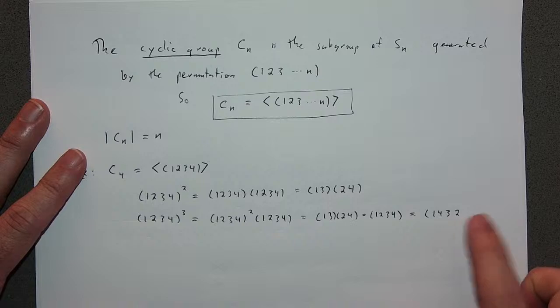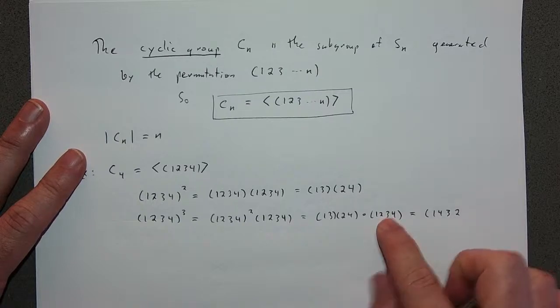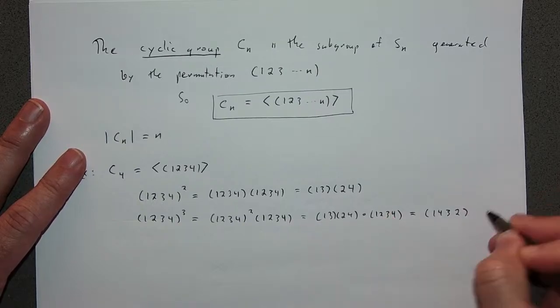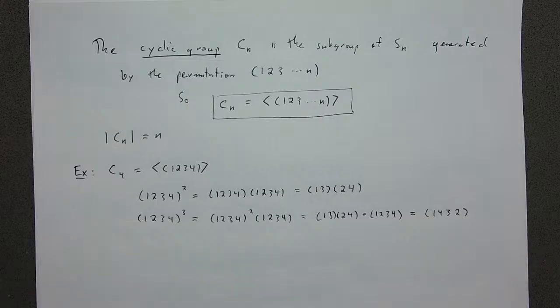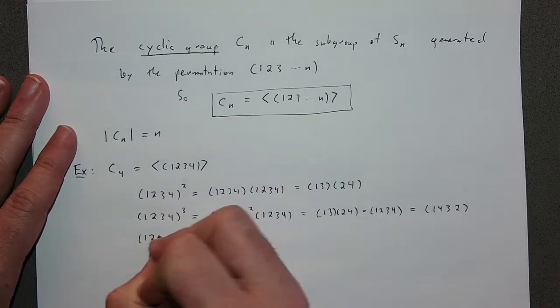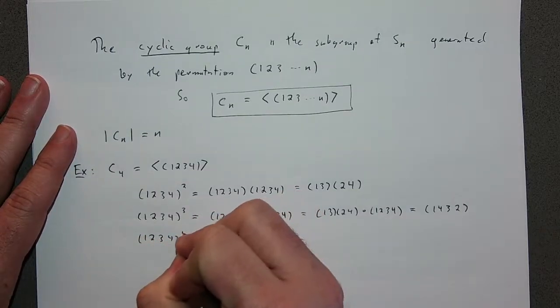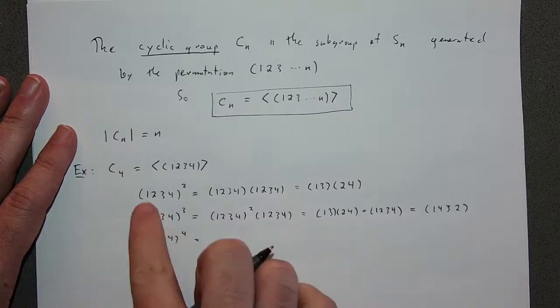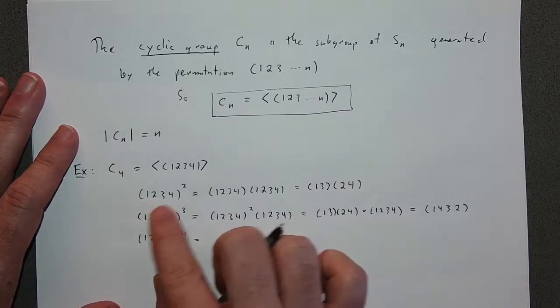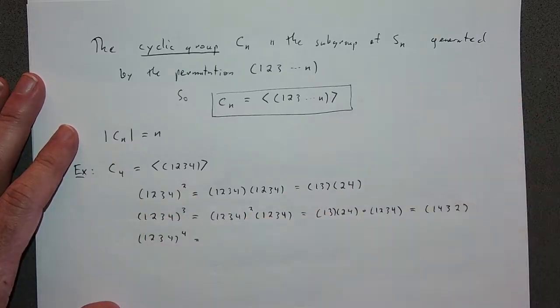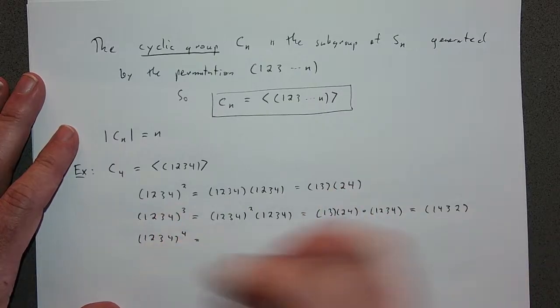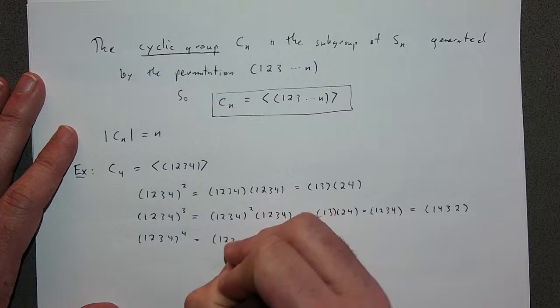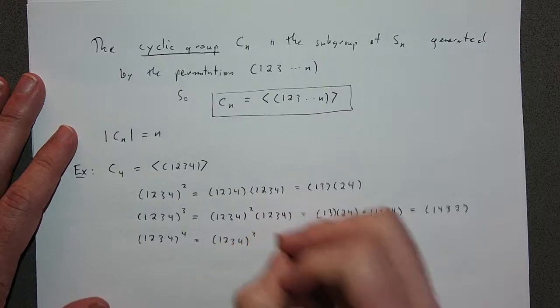We know this has to close, but let's just check. 2 to 3, 3 to 1. So 2 goes to 1. Okay, and there we go. We got (1 4 3 2). And then what if we raise this to the fourth? You can either think of this as (1 2 3 4) squared squared, so you could apply it to itself. Or you could just keep peeling off one copy. So this is (1 2 3 4) cubed